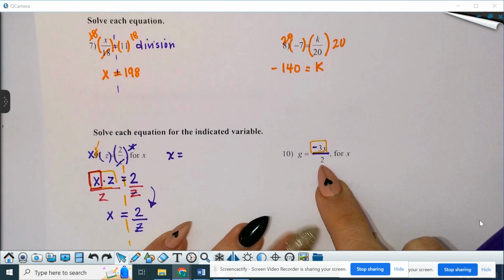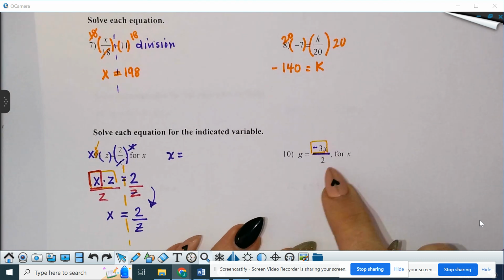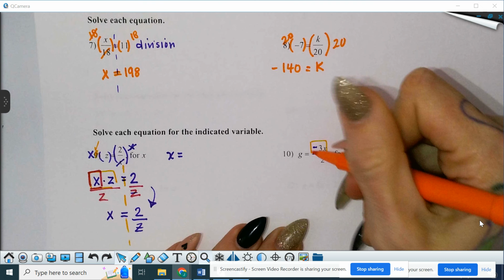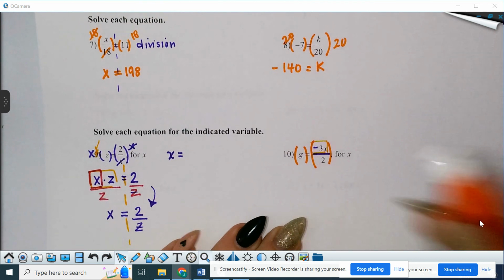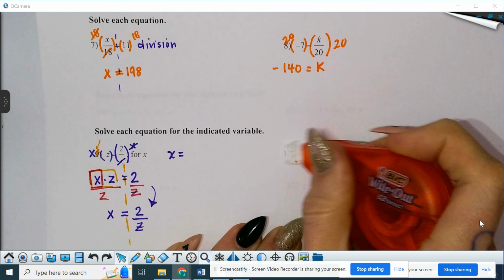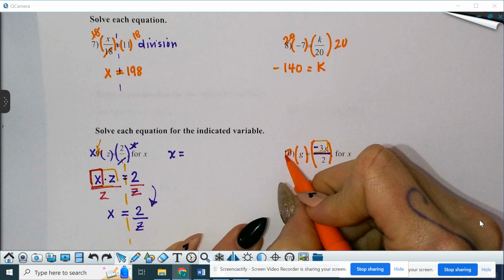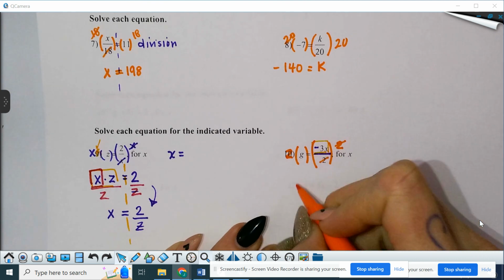How is that 2 attached in this problem? What operation is that 2? Yes, that's -3x divided by 2. And that's just a vocabulary change in your brain. And so the inverse of division is going to be multiplication. Disregard that 10. See if I can actually make it go away. Oh, nope. Whiteout's gone. So we're going to multiply both sides by 2. That's going to get rid of these 2s. And that's going to leave me with 2g equals